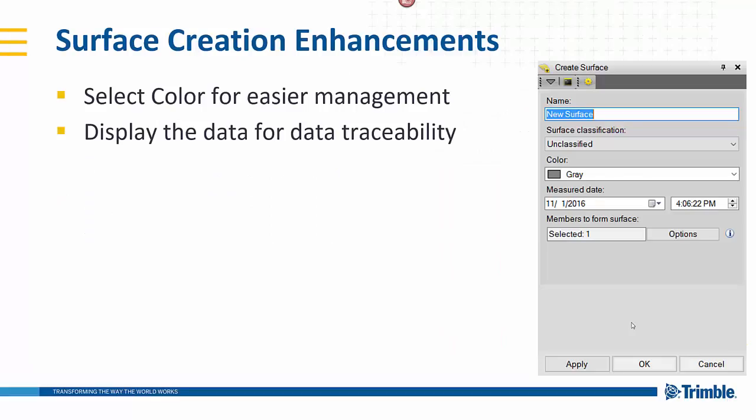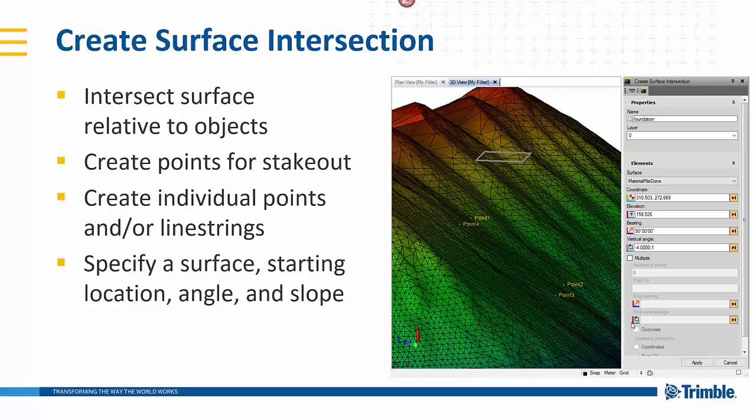For the surface and volumes, we have added some of the metadata such as measure date and color to the surface creation command for easier surface management and data traceability. You can also now compute the intersection between a surface and another CAD object, allowing you to quickly create points for stakeout or machine control, and you can create individual points and line strings simply by specifying surface, starting location,